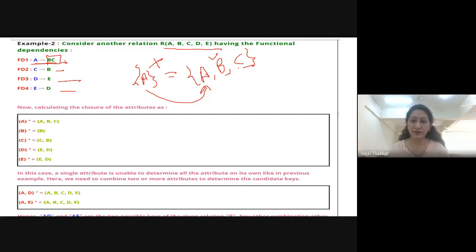Okay, now we have to check for C. Is there C on the left hand side? Yes, here is C on the left hand side. So from C tends to B, we are getting B, but B is already there, so we don't have to repeat it. Now we have to check combinations, but no combination is given. D and E are not in our bracket. So from A we are getting A, B and C. A itself will come, A tends to BC, so BC will come. C tends to B is already there, and the closure is over for A. Now we have to find the closure of B.